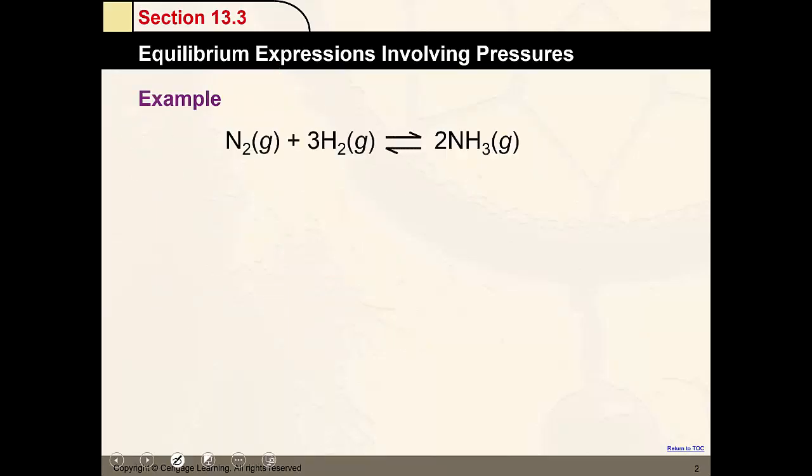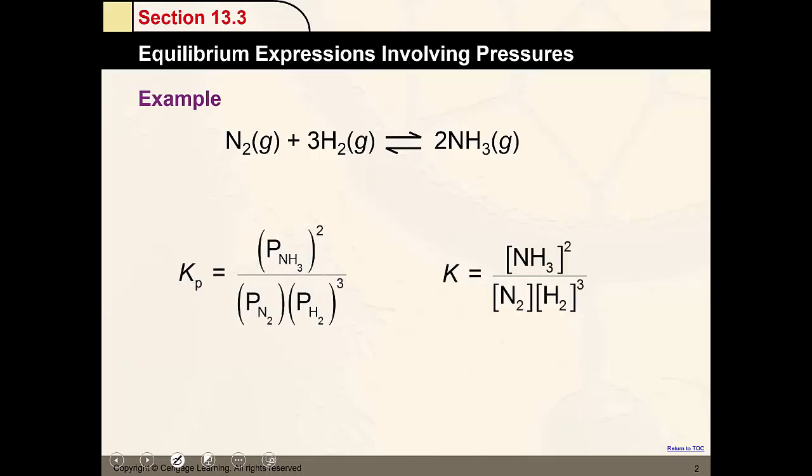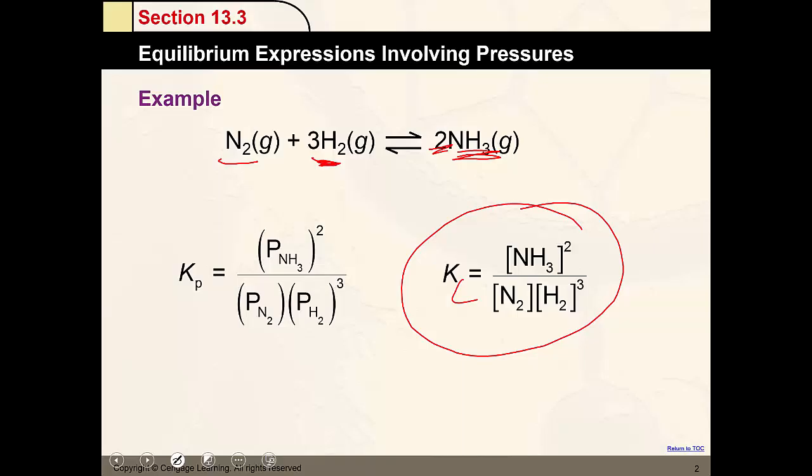So that means Kp is written just as it is for Kc, or K. So this would be the expression for K or Kc. So it's the same thing for the Kp expression. We take the pressure of our product, not of our reactant, and raise it to the second power, since that coefficient there is 2. Over the reactants, there's no coefficient next to N2, but then the pressure of H2 raised to the third power. So just like for Kc, Kc is the equilibrium concentrations, Kp are the equilibrium partial pressures